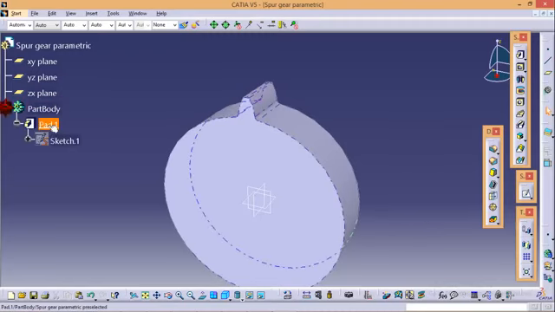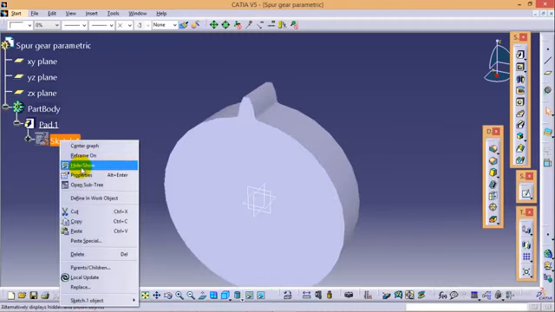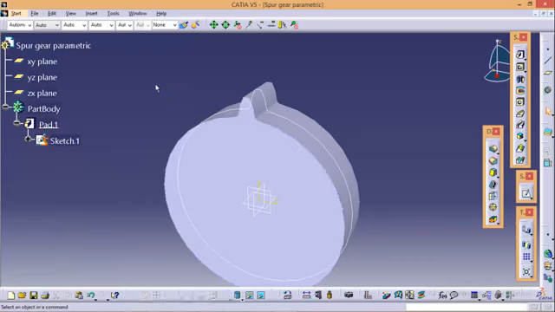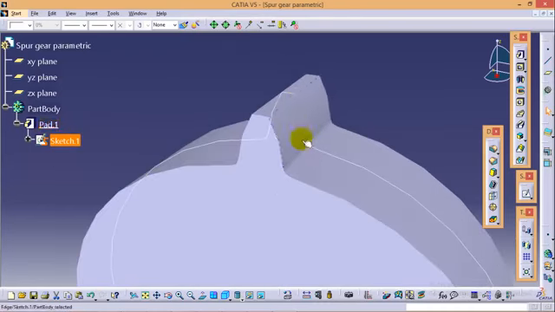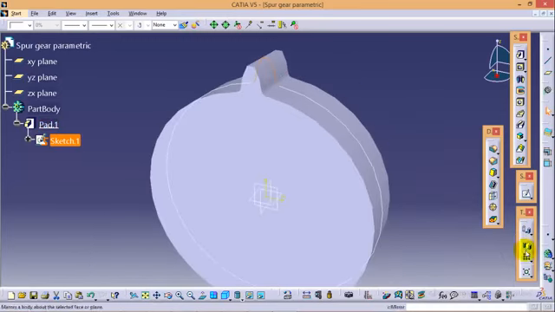First of all, we need to show our sketch, which is hidden here, and we need to select this point, this line, this line, this curve, and this fillet curve as well as this fillet curve, to make it circular over the profile.